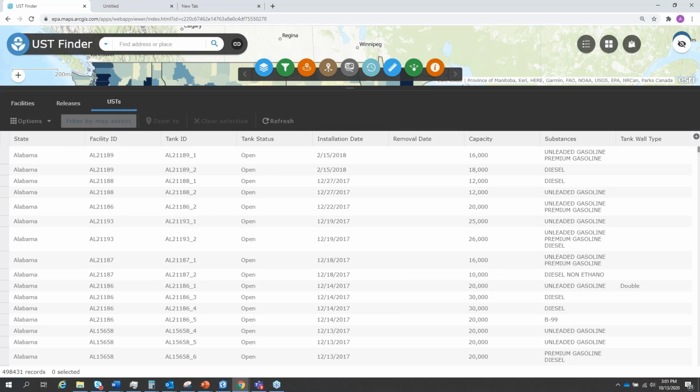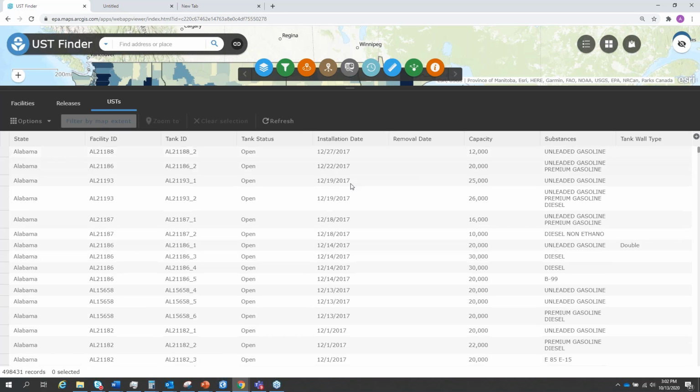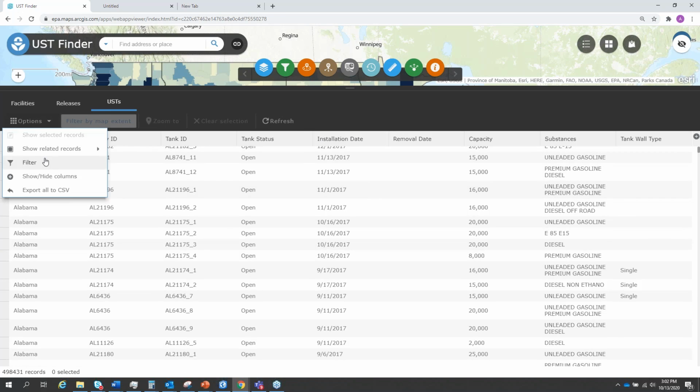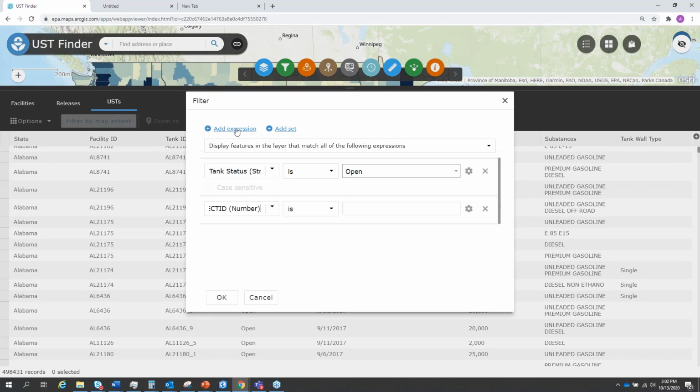What about tank age? Is that available as a filter, for example, if you go down to the county or state level, can you bring up the age of tanks? Yeah, so here we're looking at, again, the UST table, and here we have an installation date. And you can query that kind of the same way.